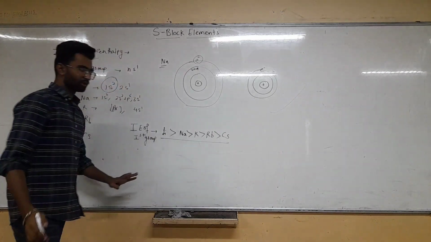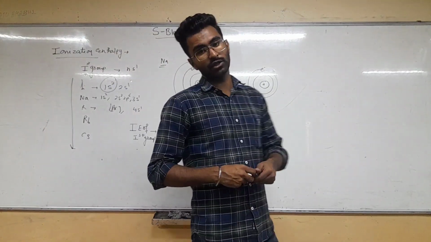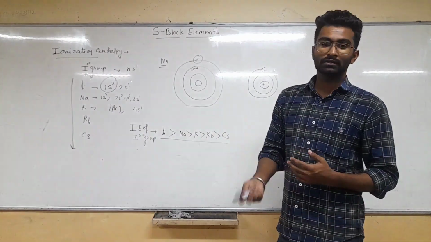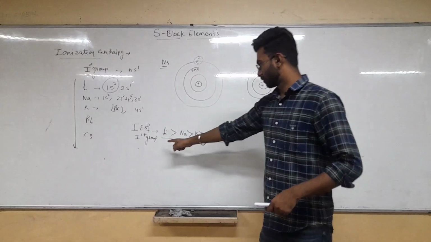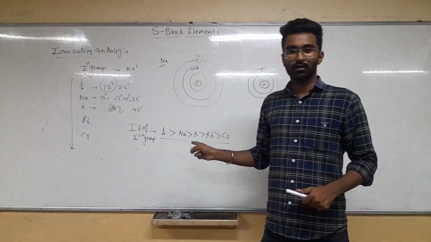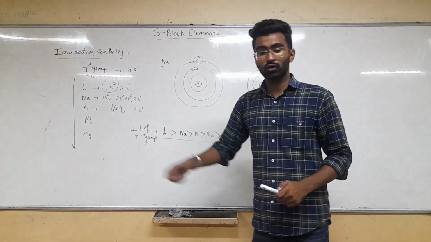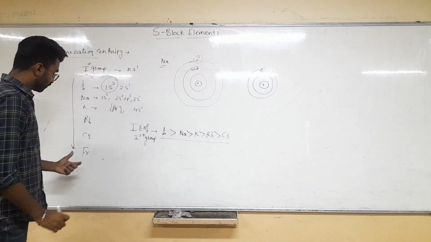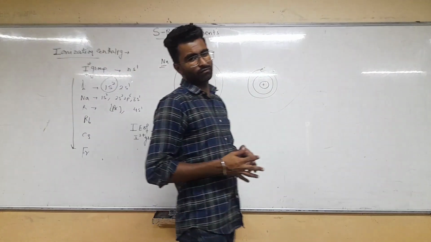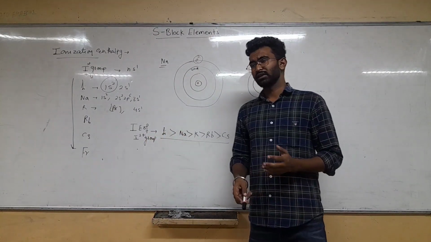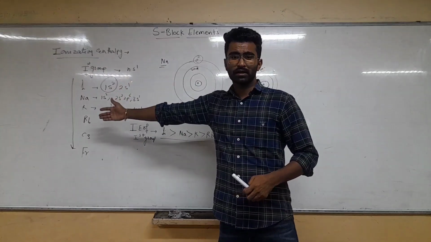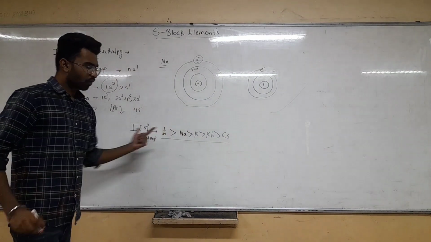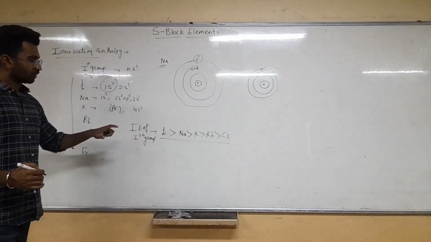We have talked about why they have the lowest ionization enthalpy, as they are metals, and how it varies in the group, according to this order. Cesium has the least ionization enthalpy. Why don't we talk about francium? It is another element in the first group, but it is radioactive, so we cannot use it like the other metals, lithium, sodium, potassium, rubidium and cesium. This is the order of the ionization enthalpy of the first group elements.